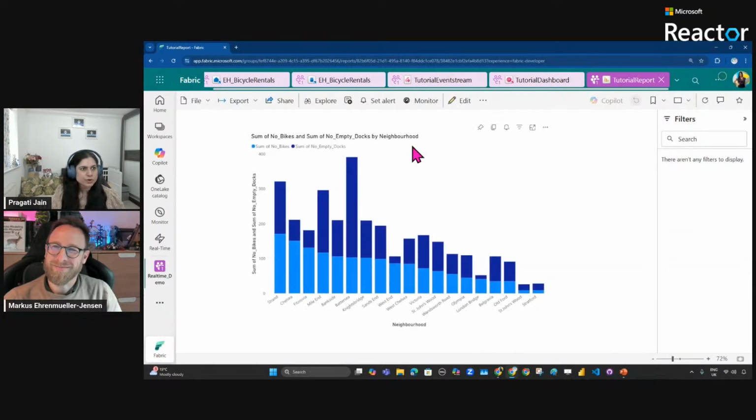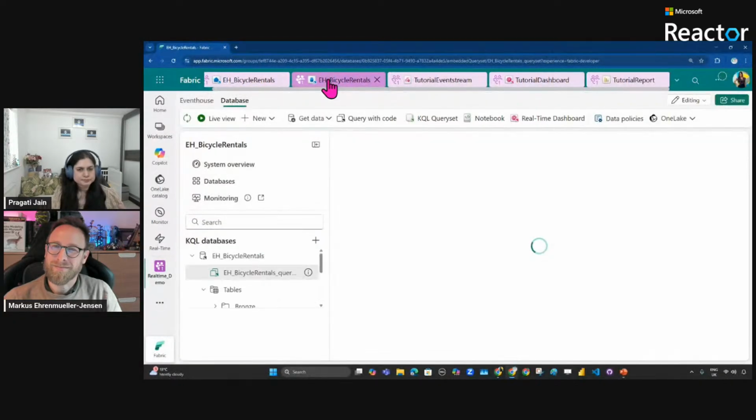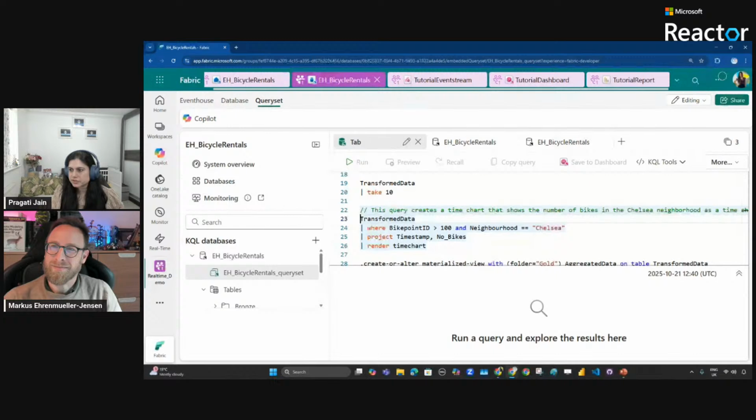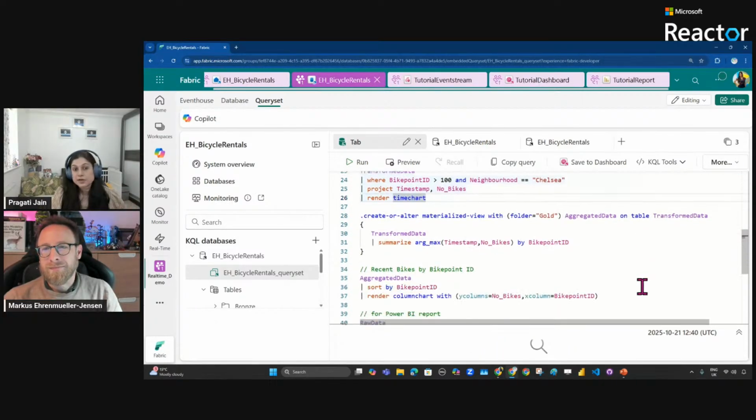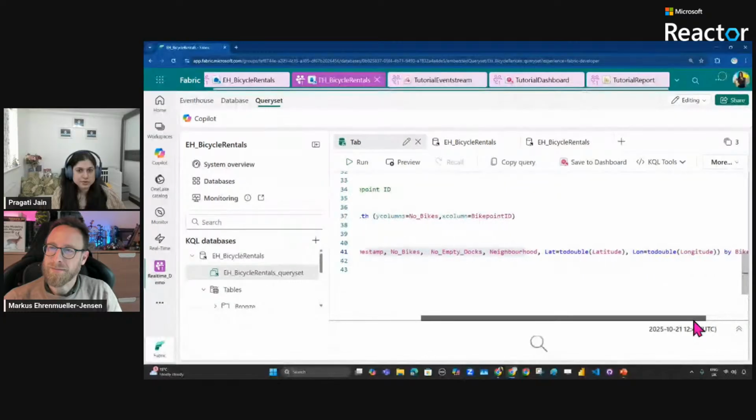So if you go to your KQL database and let it load, whatever queries you run in your KQL database, you can convert the output of those queries into a Power BI report. I ran a very simple query where I'm trying to summarize my raw data on these particular columns and generate a chart.